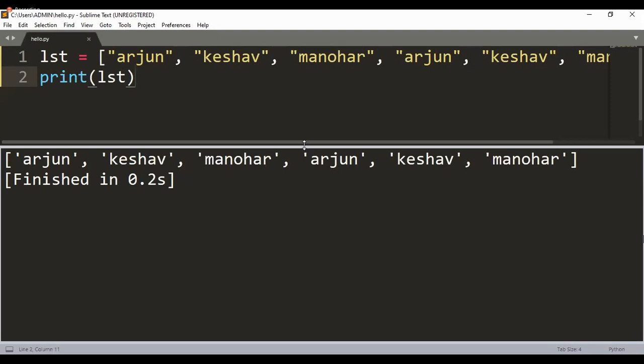But he is asking, how many copies do you think would be present in the memory? Do you think for Arjun, 2 separate memories would be allocated? Similarly for Keshav, similarly for Manohar? That is what he's trying to ask. Is it going to be a single copy, or 2 copies, or 3 copies? That is what you should be answering next.